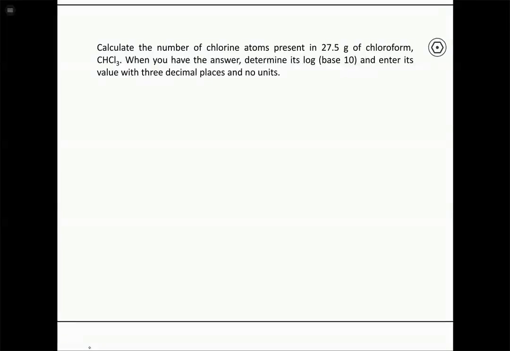a formula CHCl3. And then when we have the answer, we have to determine the log. So we're looking for actual chlorine atoms. So if we're looking for the number of chlorine atoms, we should recognize that at some point we're going to have to use Avogadro's number. And we're starting with a mass. So remember that when we start with a mass, the first thing we can do is use the molar mass to convert into moles. So we have to find the molar mass for CHCl3,